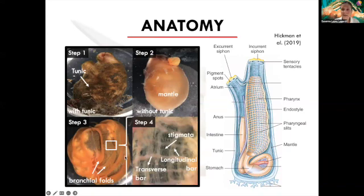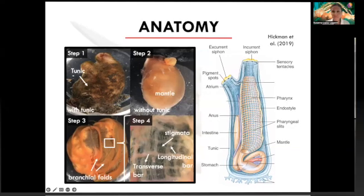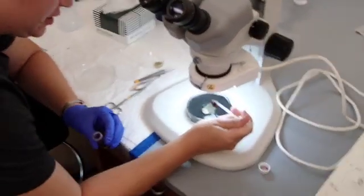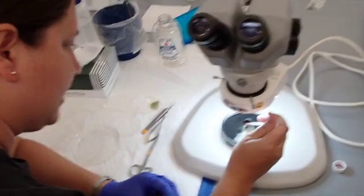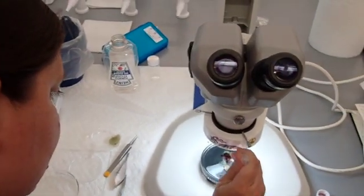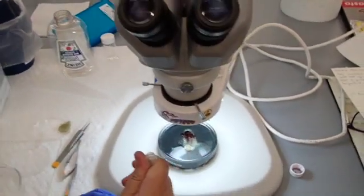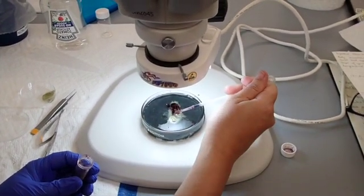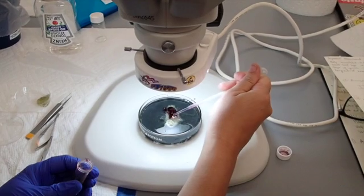In any case, the easiest way to see these structures is by coloring the animal with something called hematoxylin, like my colleague is going to be doing in the video. So you just kind of let it go. It looks red initially because when it's acidified, it's a little more red. But it'll turn blue and purple as we go. So just kind of get it out over the...